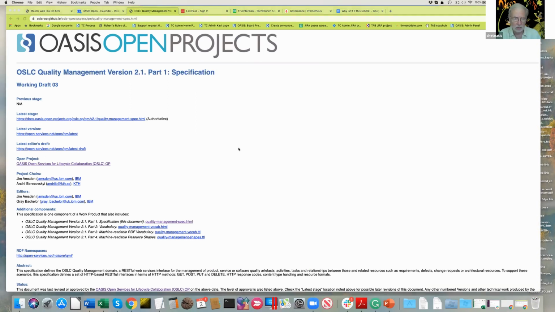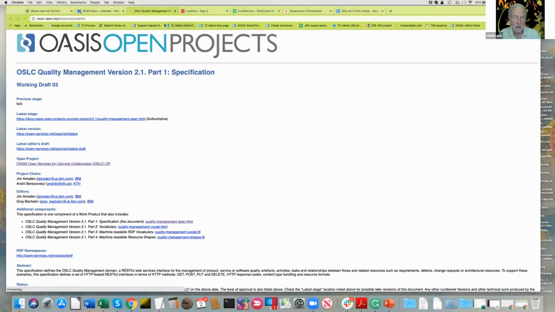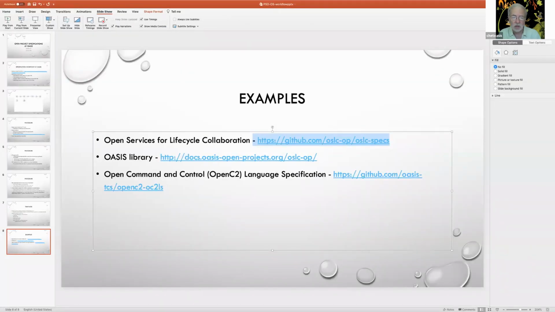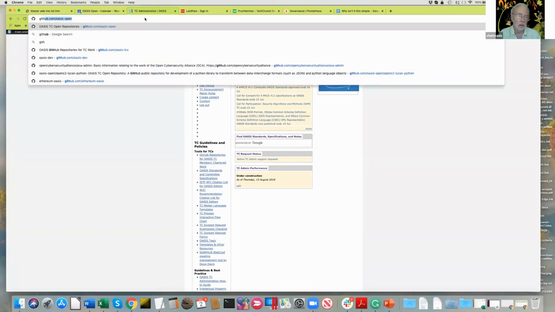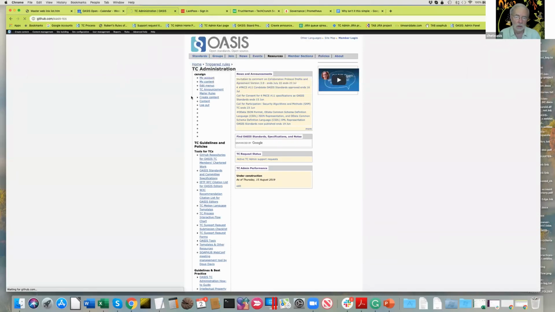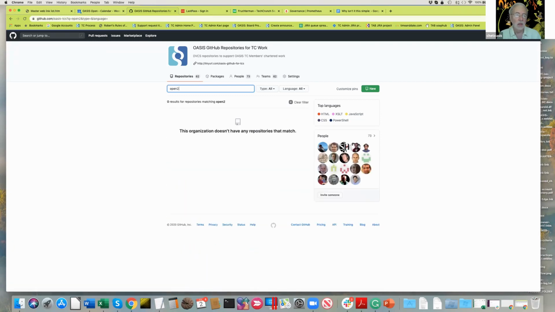What was the other example that I was going to say? Oh, right. Here's, let me go back to that. OpenC2 is a technical committee, but they're using GitHub for a lot of their documentation. And those open repositories can be found in GitHub OASIS TCs.